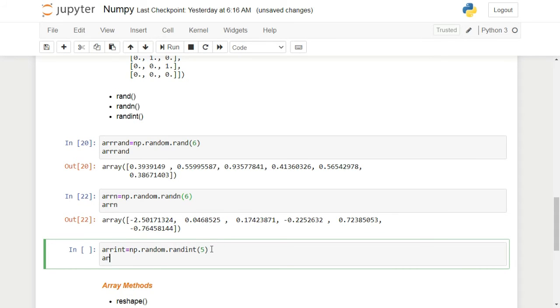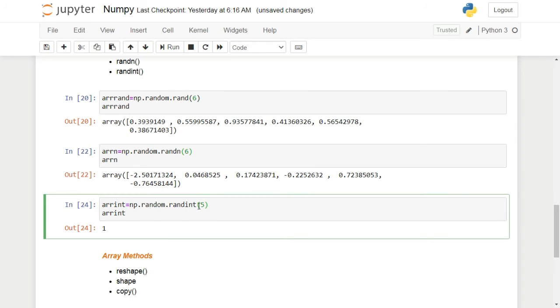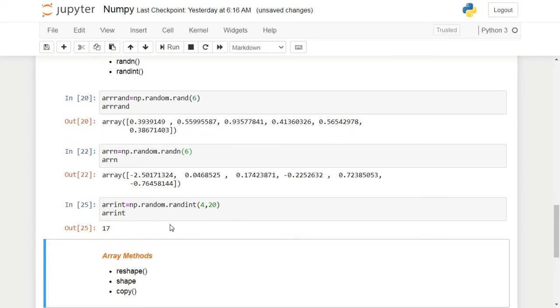It will generate a random integer which is less than 5. You can see I'm getting 3. If I run it again, I'll get 1, and so on. I hope I'm clear. If I give 4 comma 20, this will generate a random number between 4 and 20. You can see I'm getting 17.